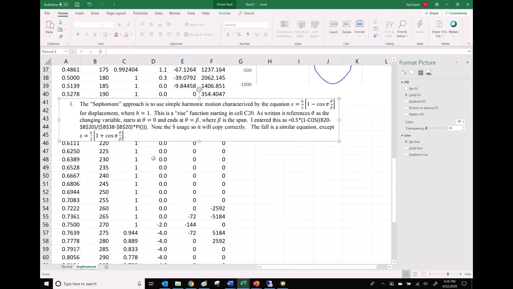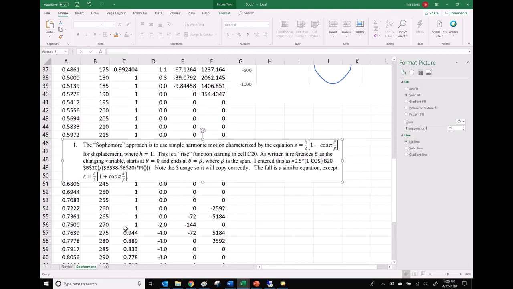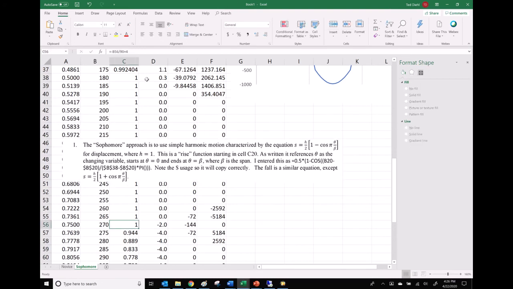But note that some of the things are going to have to change. So we want to put that at the 270, right? Boom. But in order for this to fall correctly, it's going to need to be a positive value right here, I believe. Plus, and